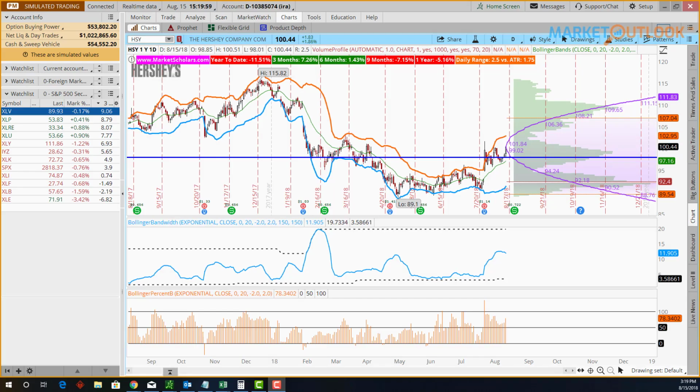One stock in that staples area, if you've been following Brandon, is one of the stocks that he's talked about quite a bit lately on Twitter and in classes and such: Hershey's, in that consumer staples area. One of the few stocks that had a really good day today, up almost 2%. This stock has an interesting move because just a few weeks ago,